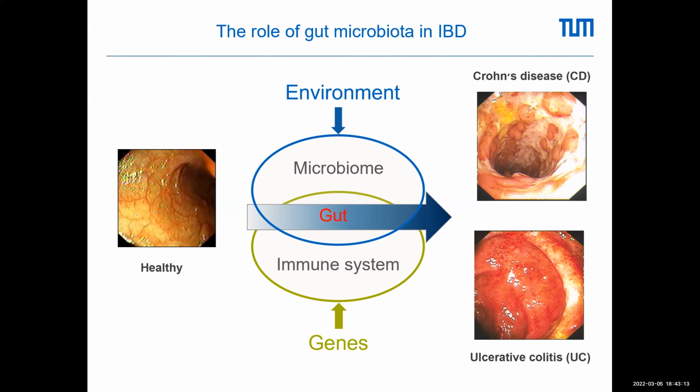In Crohn's disease, it can affect any part of the intestinal tract, from the ileum to the colon. It can have an ileal phenotype, a colonic phenotype, or an ileocolonic phenotype, so a mix of both. Ulcerative colitis is mainly focused on the